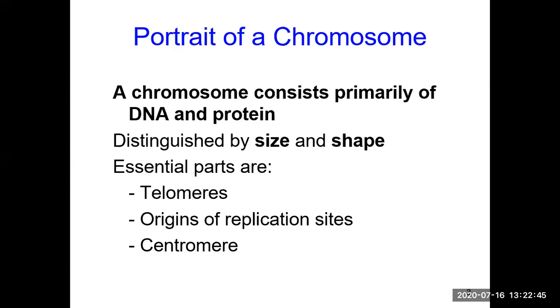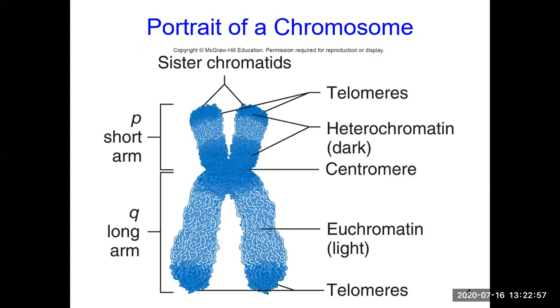So a chromosome is made up of the genetic material, the nucleic acid DNA, and protein. You can distinguish one chromosome from another based on its size as well as its shape. Now, what does any general chromosome consist of? These are the parts of a chromosome. The ends of a chromosome are known as telomeres, on both sides. These are made up of very darkly staining chromatin.